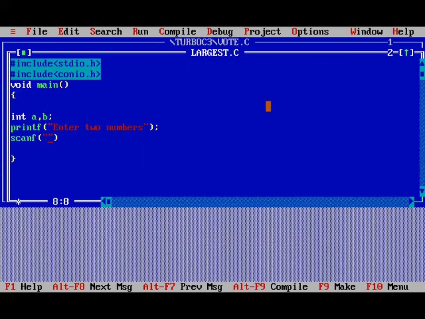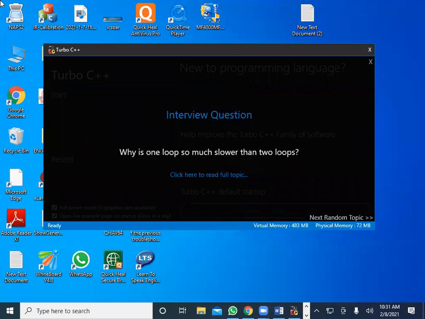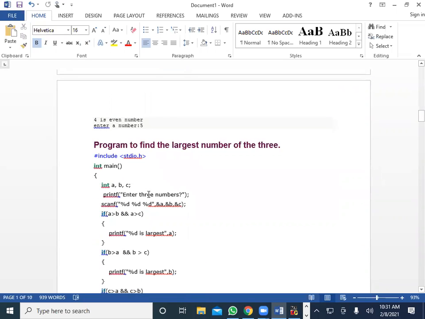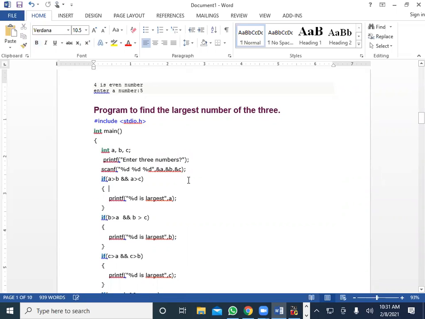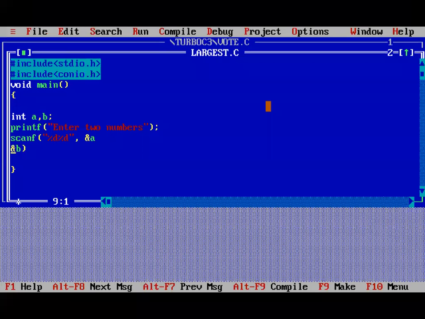So I write here %d comma and A and B. Okay, here we scan the two values.